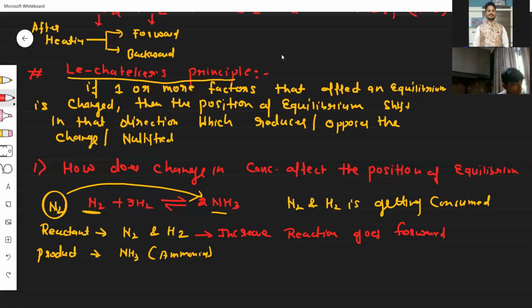Now we'll talk about the product. Now see, if there are two cases, if ammonia is added in this reaction,